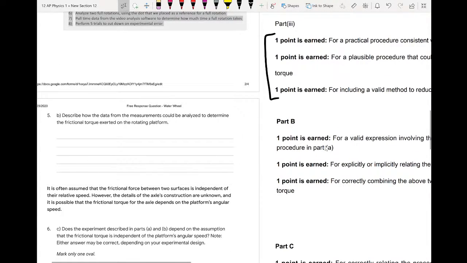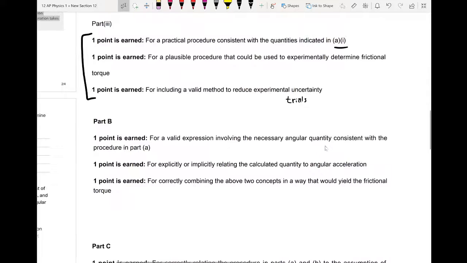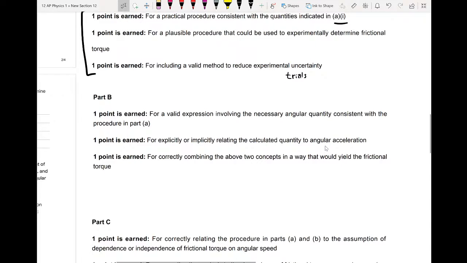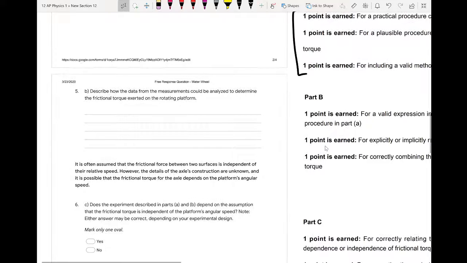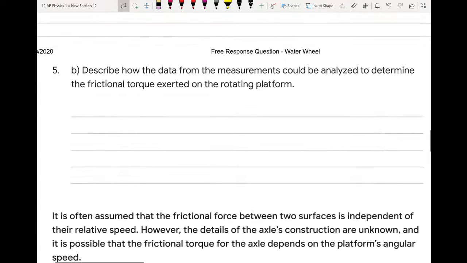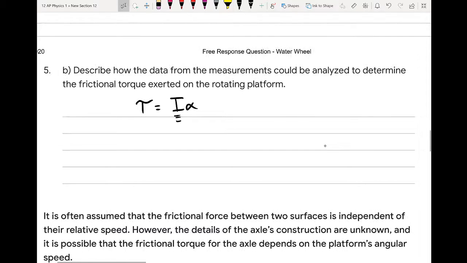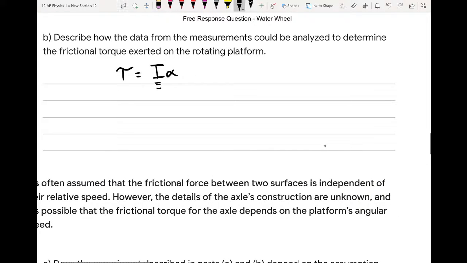So then describe how the data from these measurements could be used to analyze and determine the frictional torque exerted on the rotating platform. So this one we're going to get points for a valid expression involving the necessary angular quantity consistent with the procedure in part A, for explicitly or implicitly relating the calculated quantity to angular acceleration, and then for correctly combining the above 2 concepts in a way that would yield the frictional torque. All right, so I did that math earlier, but I'm going to do it one more time. In this case, we're saying we want to figure out this torque. And we know that the net torque is equal to I times alpha. So we know alpha. So what we could do is say some sort of statement of use